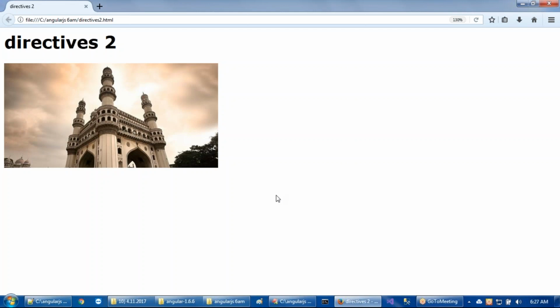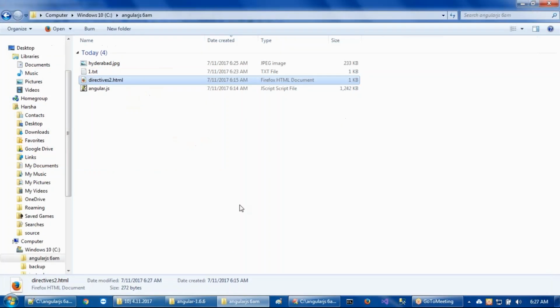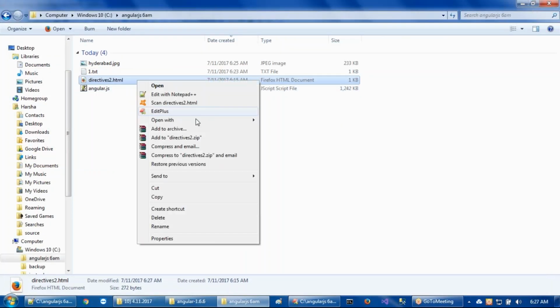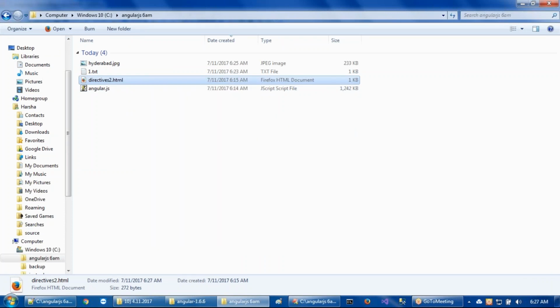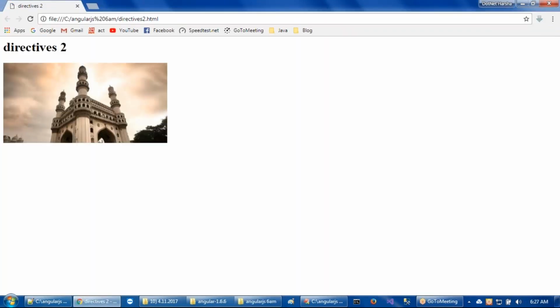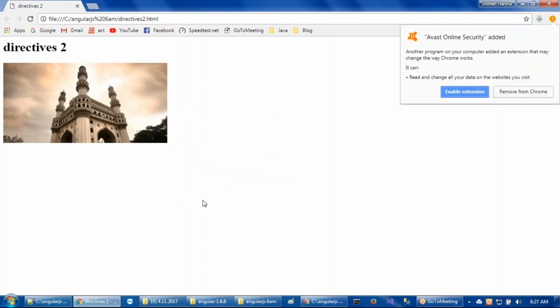And there is a problem here actually. Practically, we have a problem. What is the problem? If you open the same HTML file in the Chrome browser, you are able to identify the problem. Open the program in Chrome. In Chrome also the output is coming. The output has no issues. The only problem here is that